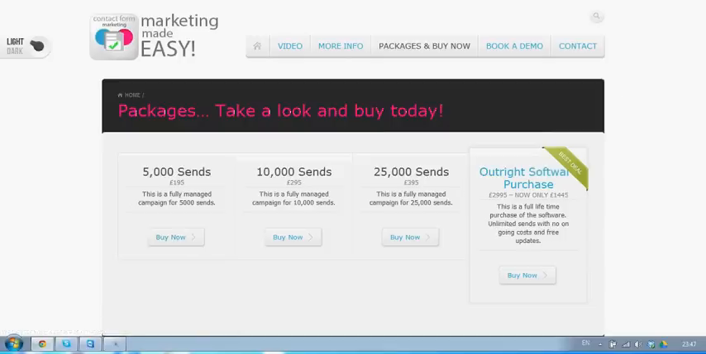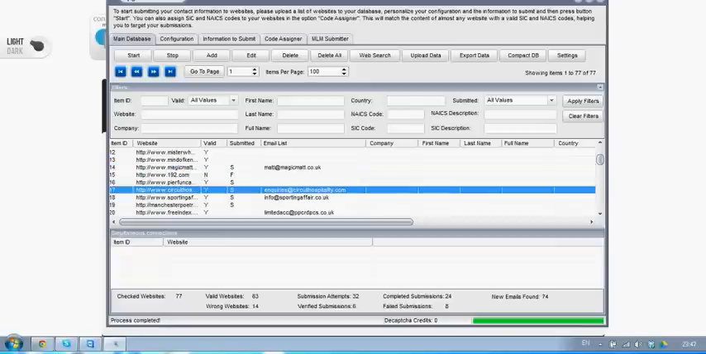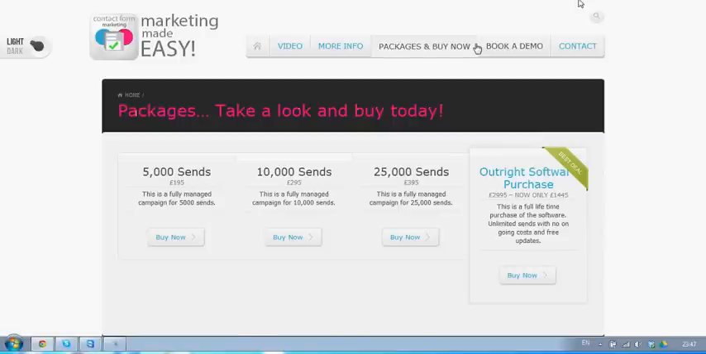You can get 5,000 sends, and that's actually 5,000 completed submissions, which means completed sent messages, which means you're going to get nearly 5,000 people actually opening and reading your message as well. That's actually completed submissions there for £195. You also can get 10,000 for £295, 25,000 for £395, or you can actually purchase the software outright, and that's usually £2,995, which is now just